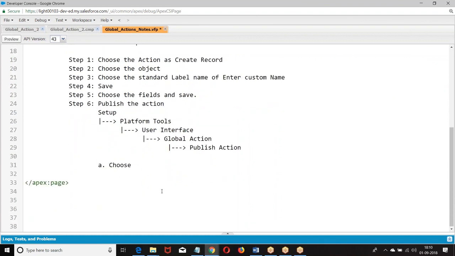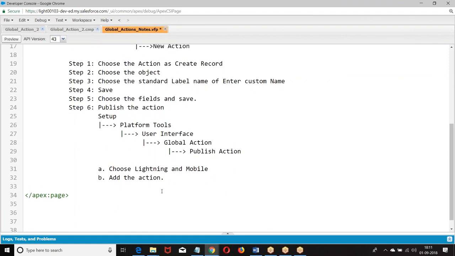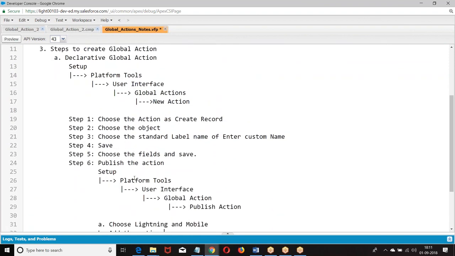Choose lightning and mobile. Then this is declarative. In the declarative, what are the actions we have? Creating a record, sending an email, or logging a call.